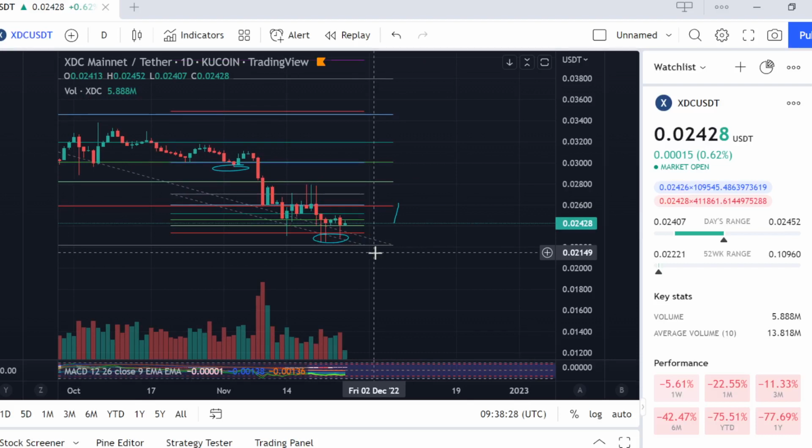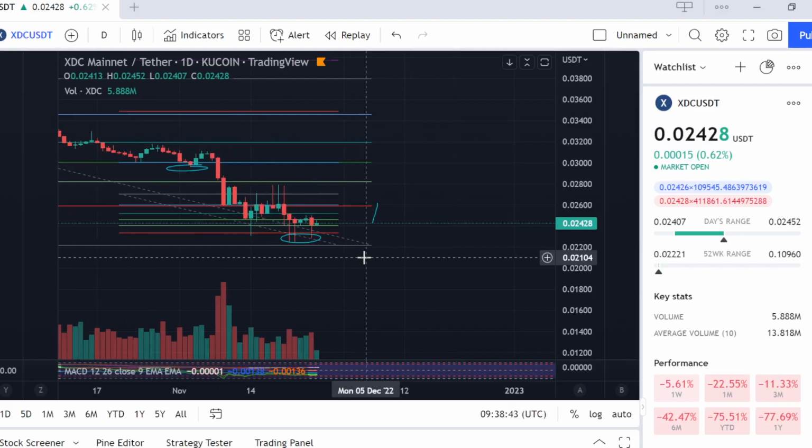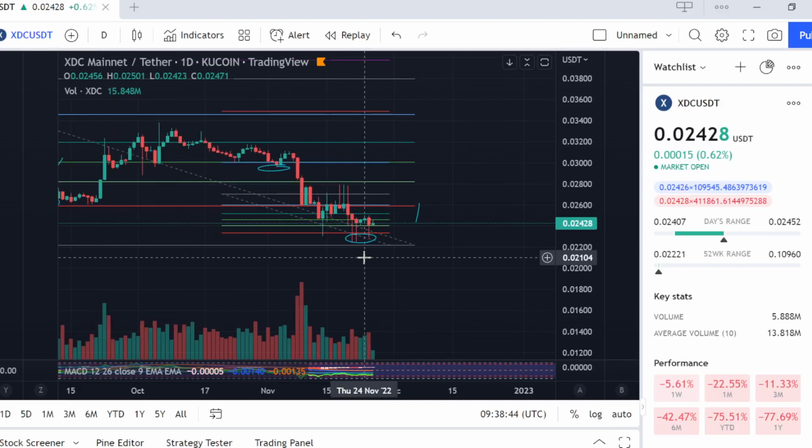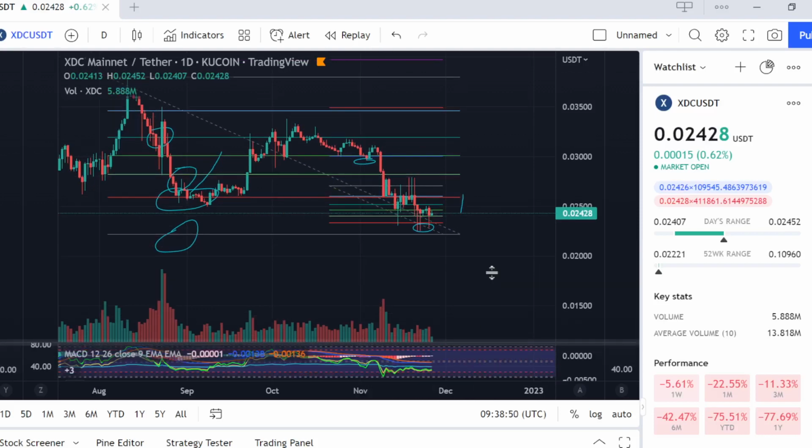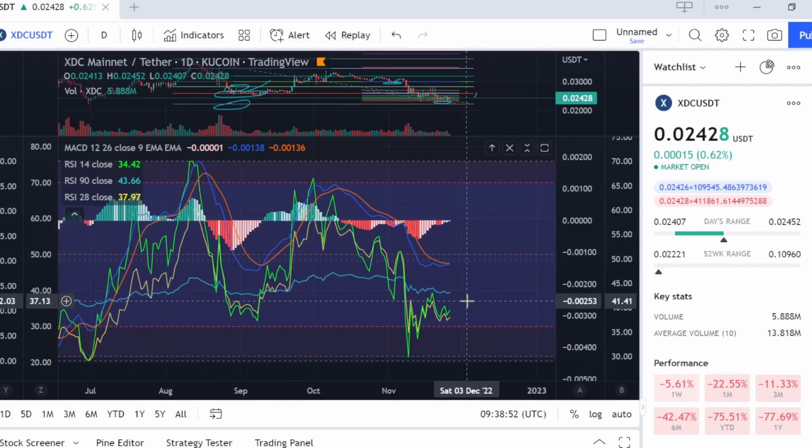It's not financial advice, just opinion based on what I'm doing. I am putting those buy orders in at the previous positions of just under the 1 cent mark. If it gets down to that area and we start fluctuating, I might see if I can get some lower positions than that as well. But for now, I'm still hugely pleased to be grabbing XDC at these current price points. Let us know in the comments below what you've been doing, but certainly this news this week has been fantastic